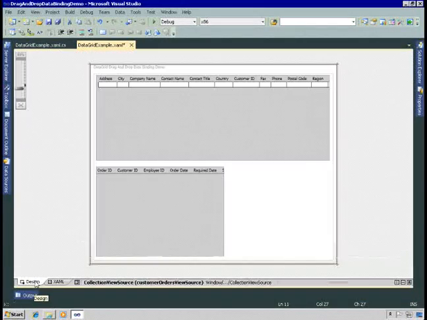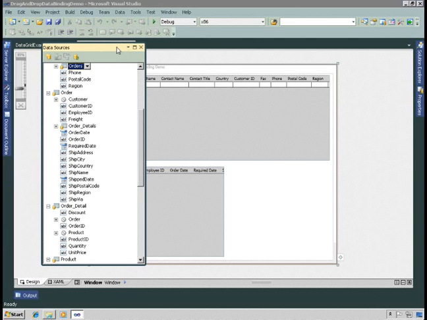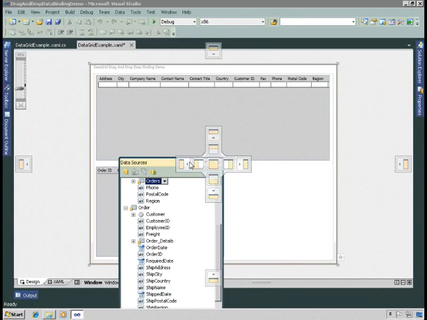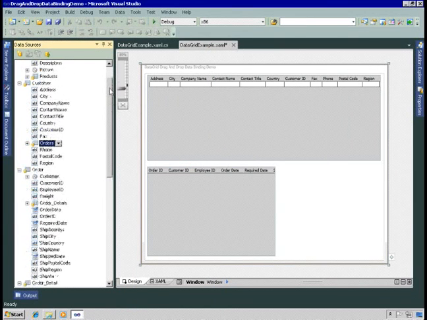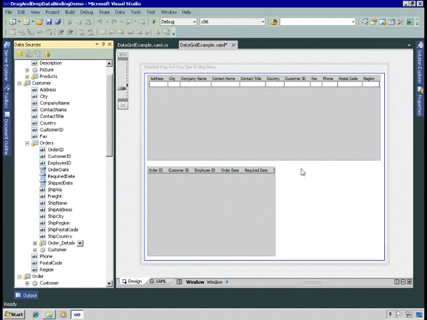And while we're at it, let's do a third one. Let's get the order details for each order. So again, coming back to, I want you to be right there. Perfect. For each customer, there's a collection of orders, and for each of those orders, there's a collection of order details. So this order details here is the order details collection for each order in the collection of orders for that customer. So now when I drag this order details onto the window,